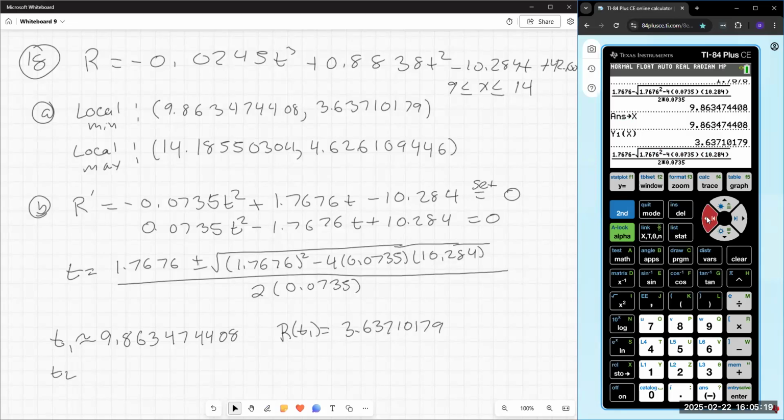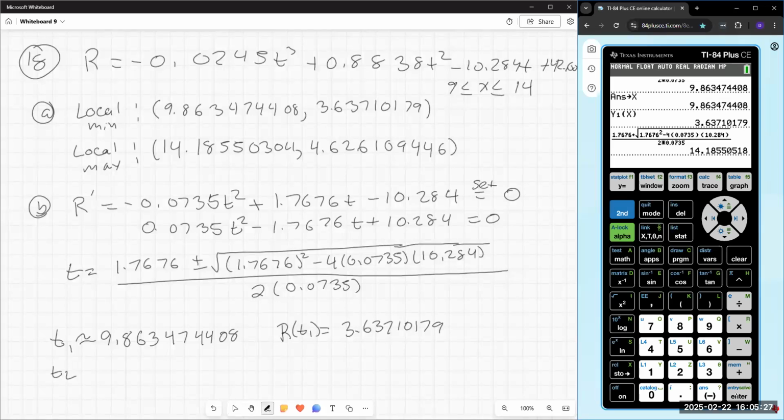T2 is going to be, let's come back up here and grab this function and change this from a minus sign to a plus sign. Remember, there's a plus or minus in the quadratic formula. We just need to change that one sign to get our other value. And we get 14.18550518, just like we got